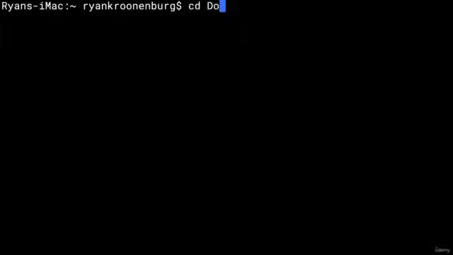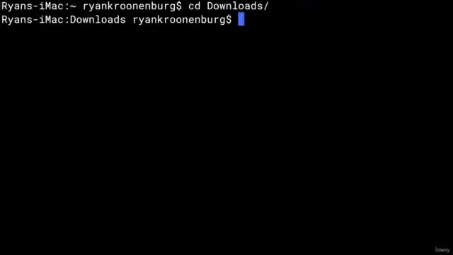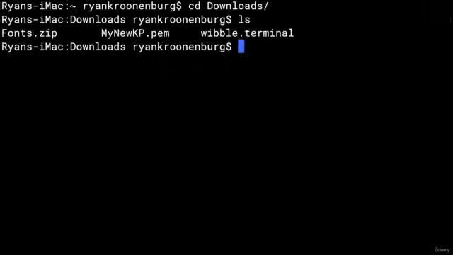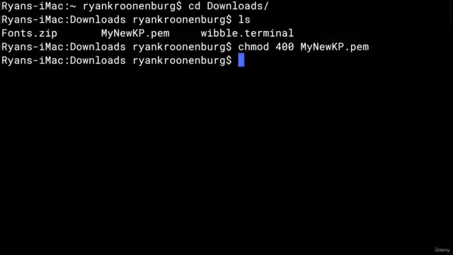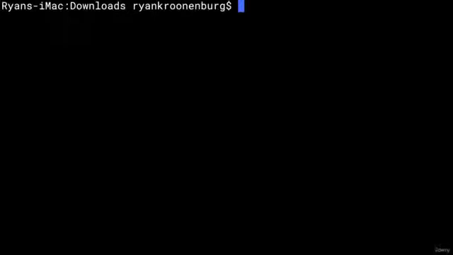Okay, so I'm going to go over to my downloads directory, and I'm going to hit enter. And in here, I've got my new key pair. I am just going to chmod that because this is a new key pair. So I'm going to set the appropriate permissions so I can connect in. And there we go. And then I'm just going to clear the screen, and to SSH in, I'm just going